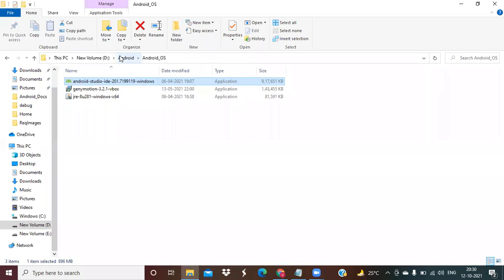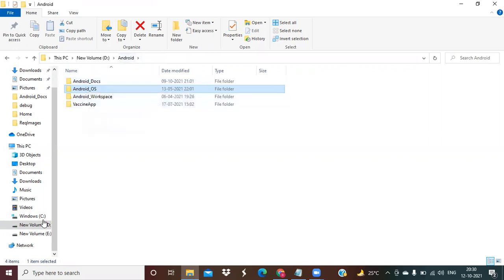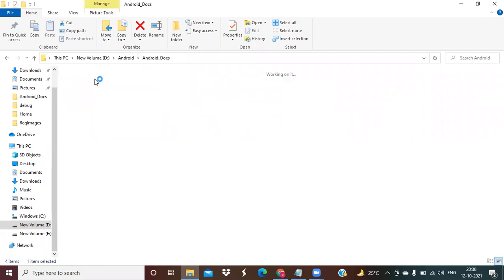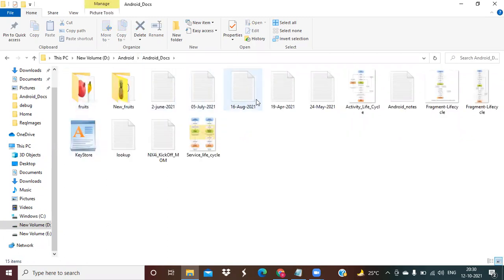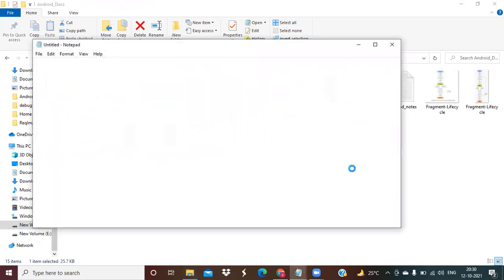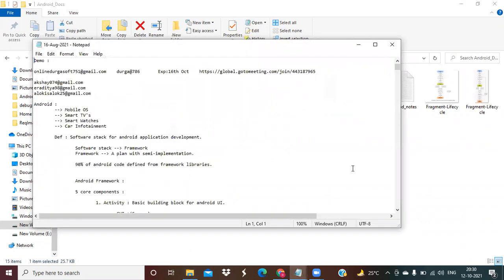Yes, there are so many IDEs available in the market, but Android Studio is the IDE for Android application development, because the Android operating system was implemented with a high-end feature called the material design concept.